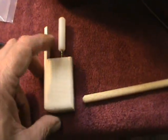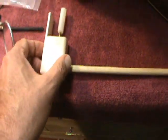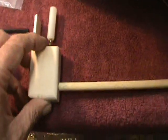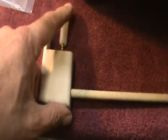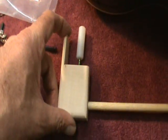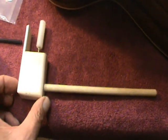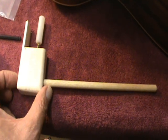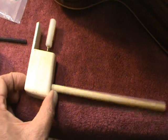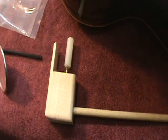See, it's right here. So basically in the guitar, here's the rod. This kind of slides in there. Pretend this is vertical. This screw here, this goes up through the bridge, okay? And then this just kind of rests against the bottom of the top here. And this back here is going to sit on the end block, right? So as you lengthen this screw, this will start rocking like this, and it'll put more pressure in front of that bridge, so it helps to keep it from